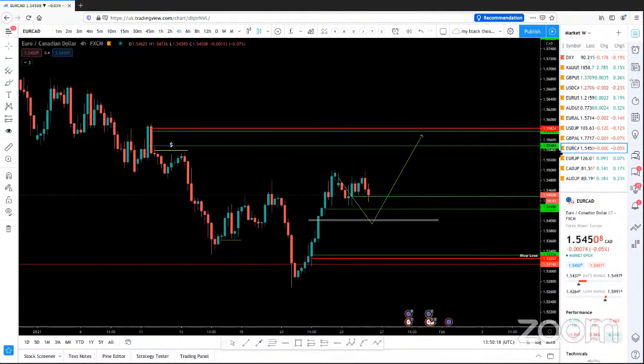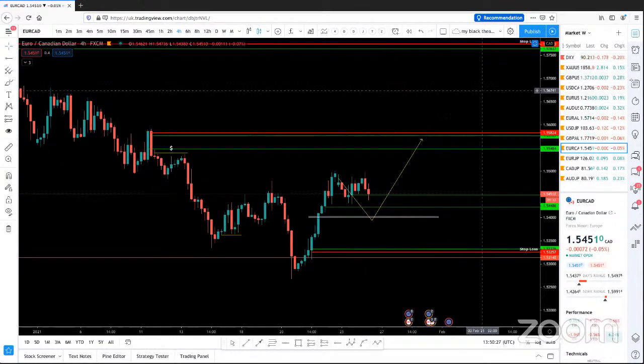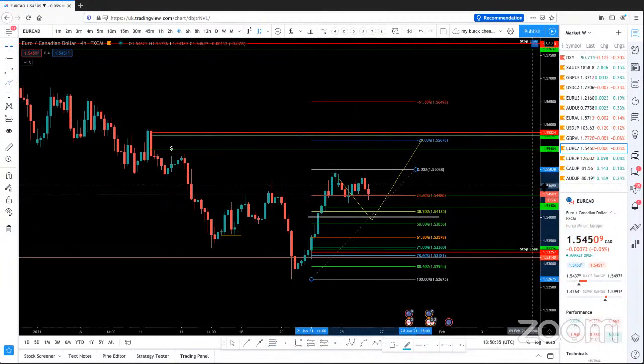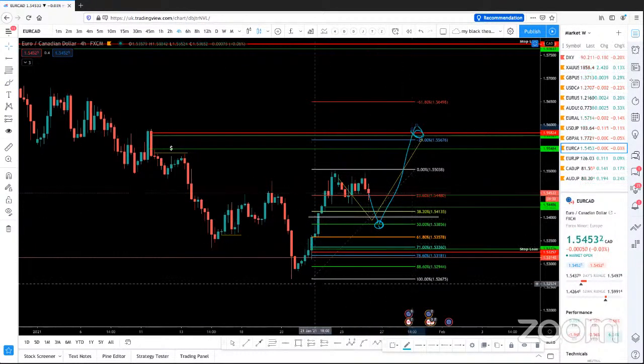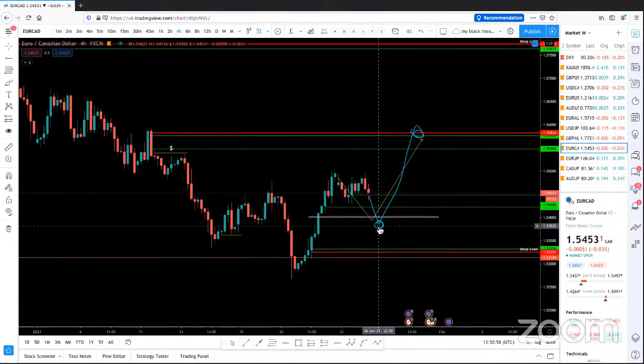Okay, so EUR CAD, guys, I've been waiting for this move for a retracement. From the retracement, possibly we could catch some buy from here. I'm anticipating possibly it could react from 50%. Price could come and from 50% then could react to this level. But now let's see. We have to see the price action, what it is going to show us. We need more data to be printed.